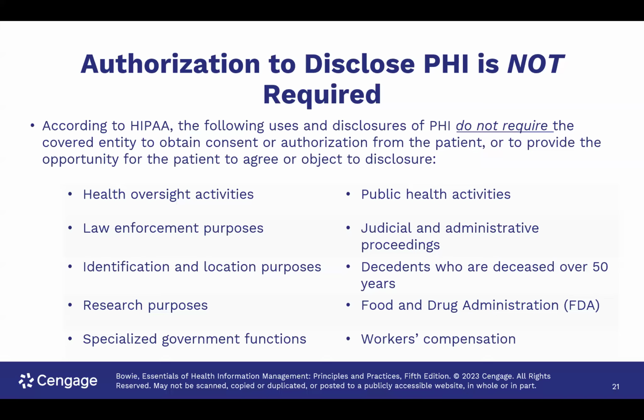In the case of public health, if you're going to have reportable diseases, you can't get authorizations for something that's mandated that you report anyway. Likewise, with workman's comp, if somebody has a workman's comp injury, you can't not release the information and then claim to have an injury. So a lot of these things are a little bit more straightforward than they may seem.